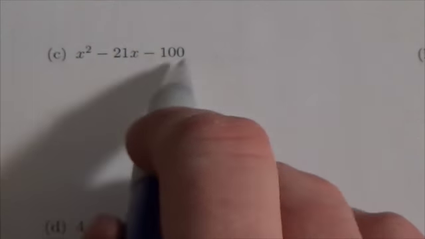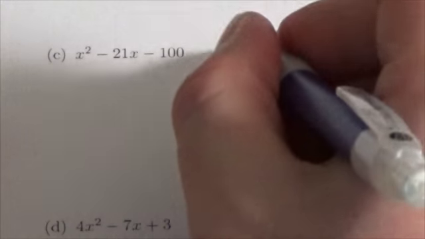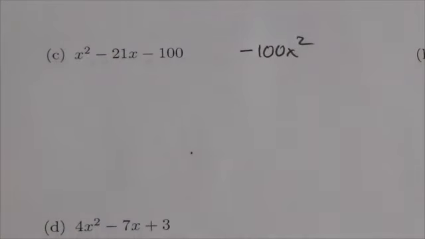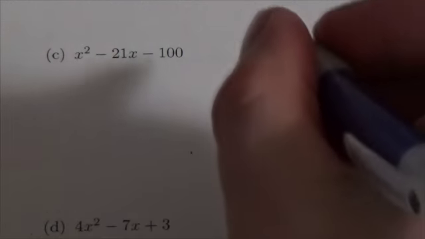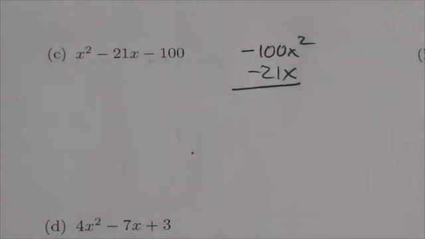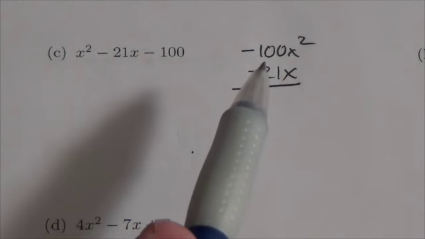So that's it. So now, to be consistent with what I've set up before, I'm going to multiply the x squared by the negative 100. So I'm really looking for two numbers whose product is negative 100x squared and whose sum is 21x. Okay? Now, this probably isn't totally obvious right off the top of your heads here, because you think about factors